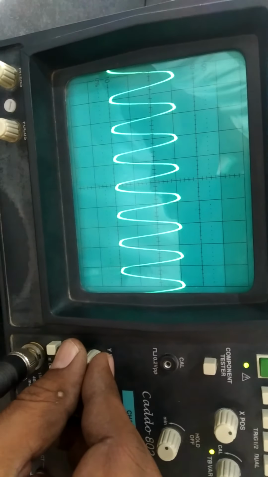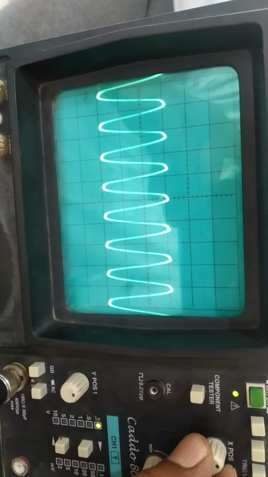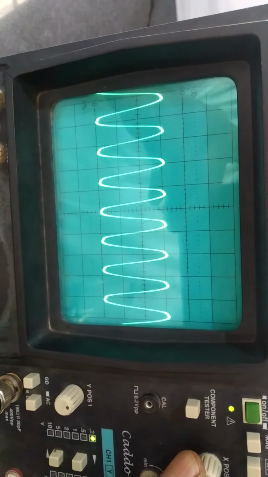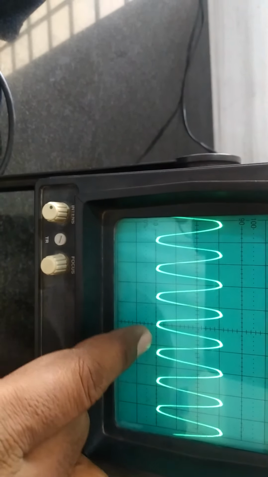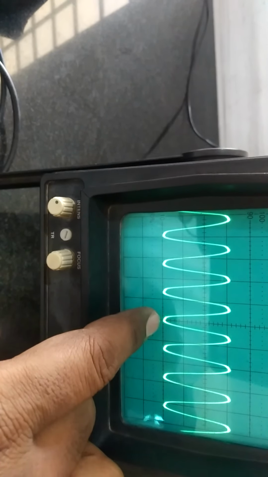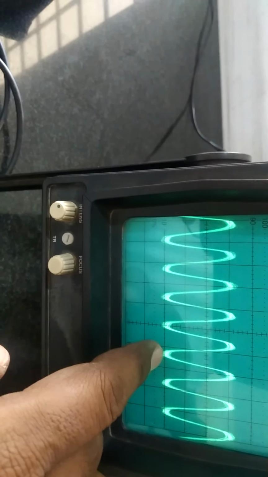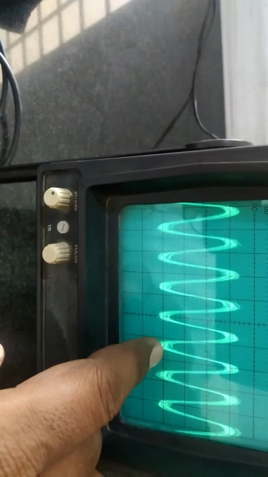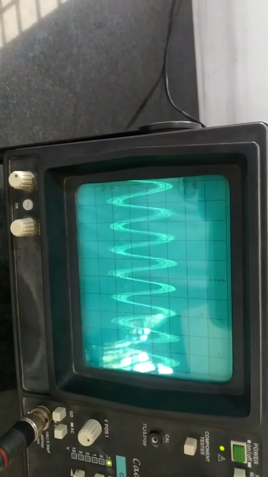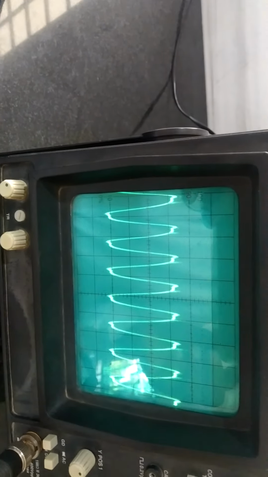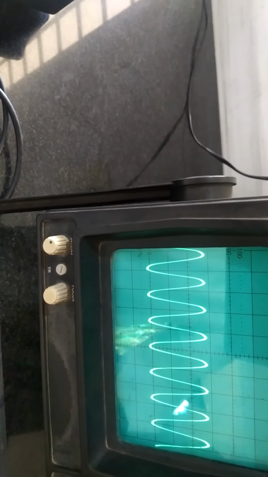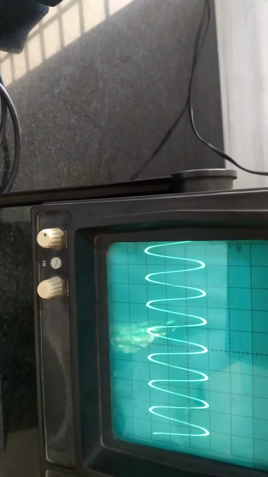After getting this, you can use these two knobs. Either you can use up and down, this for the horizontal. Adjust to any one of the wave formation, that's the lower peak to this point. Measure the horizontal distance, that is from here to here it is 1. Small line is 1.2, if it is the bigger line it is 1.4, like that. Exactly adjust to the value so that you get a clear image of the wave formation. It is 1.2. See, I'll adjust like this. So you have to adjust to any one of the peak to peak horizontal distances.